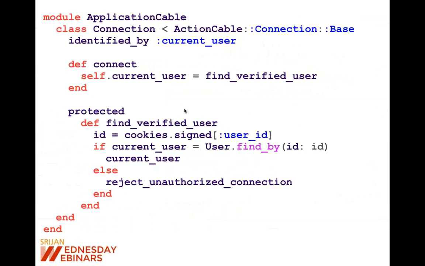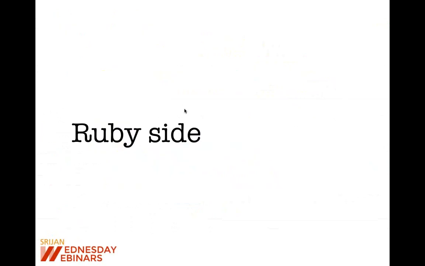Let's see an example. Here, I'm trying to create a connection using Action Cable, and I'm using a feature of Rails related to cookies. I'm checking whether cookies exist for a particular user, finding that user by that ID, and then making the connection. If the user doesn't exist, then I'm just rejecting the connection as unauthorized. So this way, Action Cable is very much part of Rails, and you can use other parts of your existing app seamlessly with your Action Cable code.